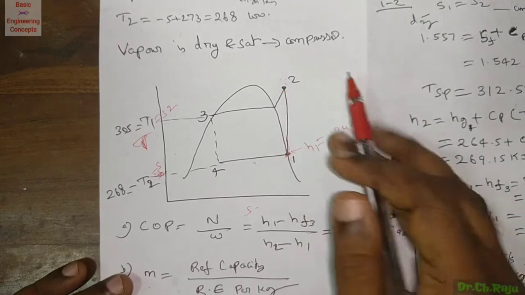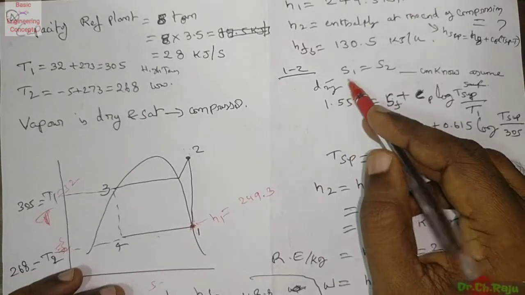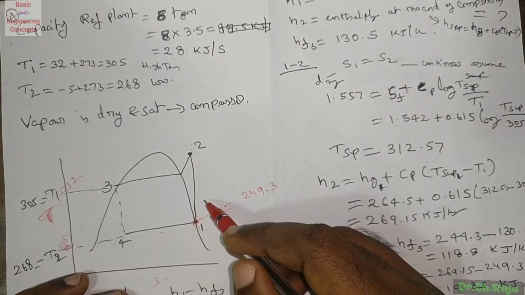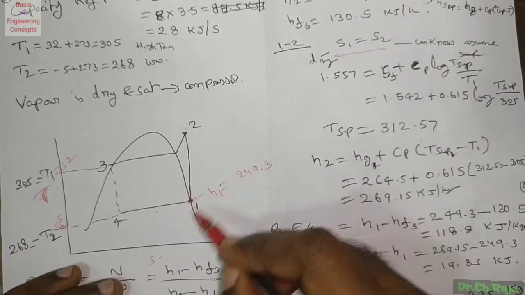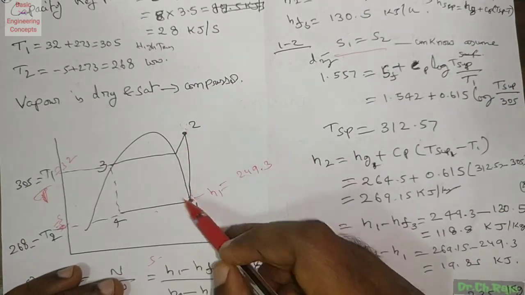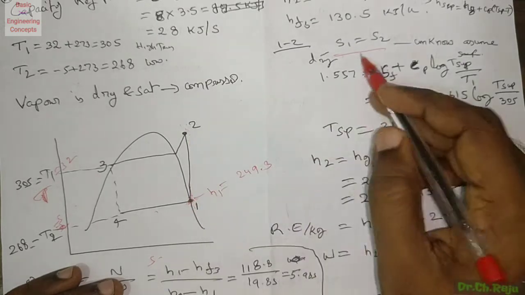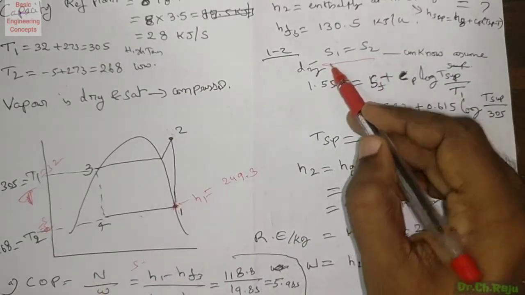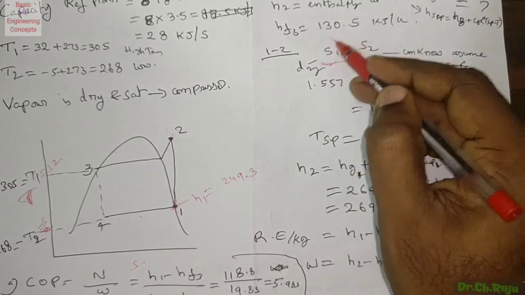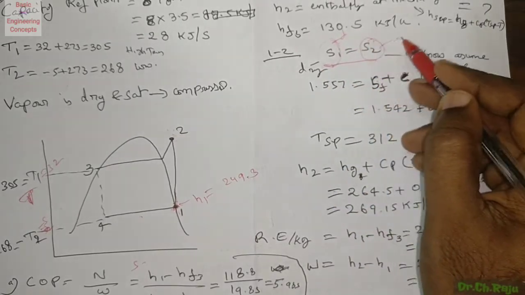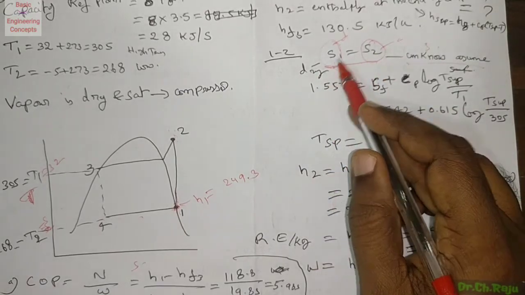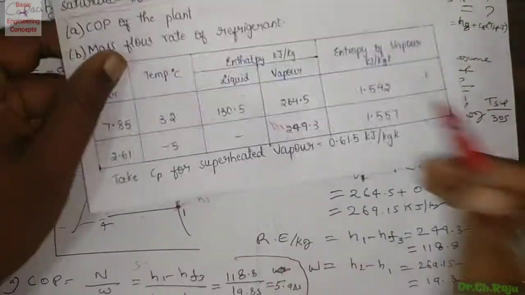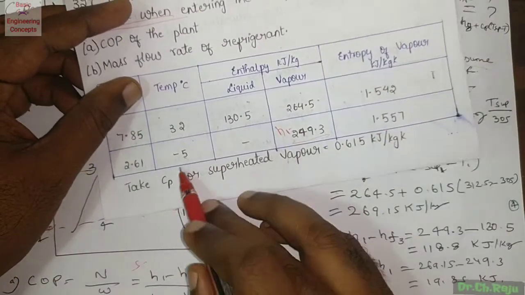As the compression started at dry state, the compression should end in the superheated state. It is known that the compression process is adiabatic, that is an isentropic process. Isentropic process means the entropy at 1 is equal to the entropy at 2, S1 is equal to S2. As condition 1 is known, it is a dry condition, so condition 2 is assumed to be a superheated condition.